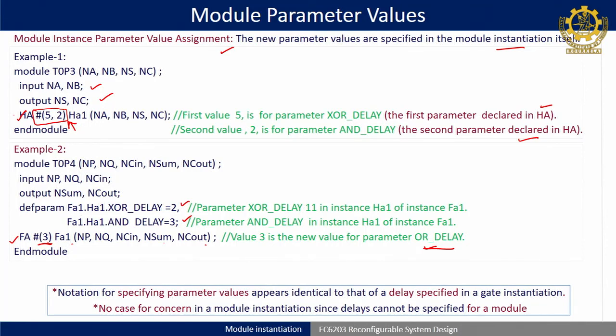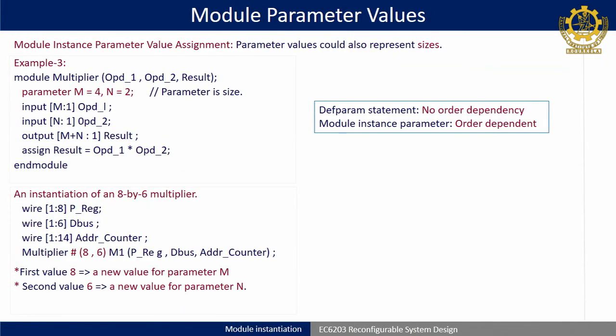So this is one. I think last two slides are there. Now we have discussed all the parameters concentrating on delays only, but I have told you also that parameters may take a value like sizes, it may represent sizes also. While delay is only used for simulation, sizes are a synthesizable construct. So if a vector is 8 bit or 4 bit or 32 bit, it is a synthesizable construct.